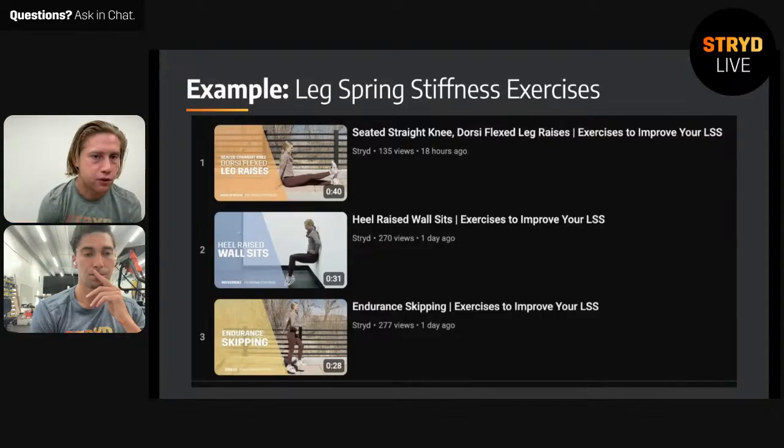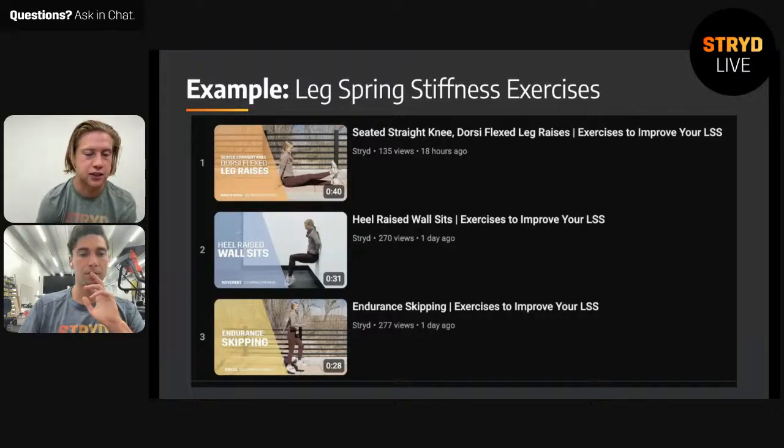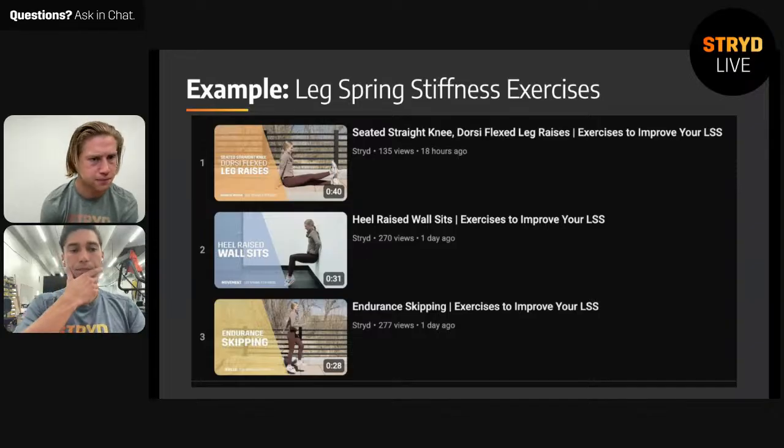So I am going to be focusing on my leg spring stiffness exercise. I clicked into that playlist on YouTube and I see these 3 exercises here: the dorsiflex leg raises, heel raised wall sits, and then endurance skipping. So I have 3 different drills I can focus on. And one of the questions here is, these are going to improve my leg spring stiffness, and I do see they fall into these range of motion, movement, and drill categories here. I was just curious, by improving not just my leg spring stiffness, but also improving my range of motion, my movement, and implementing these drills,